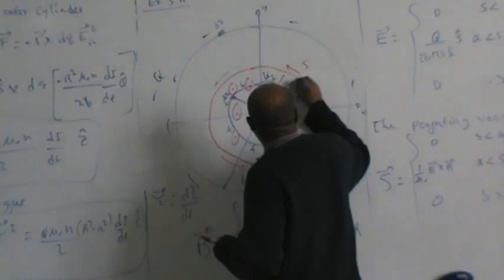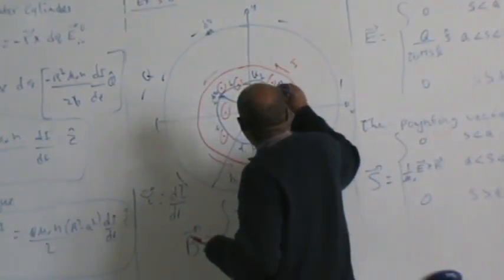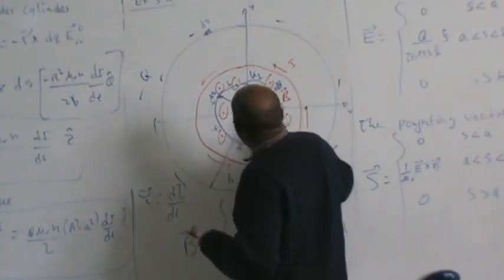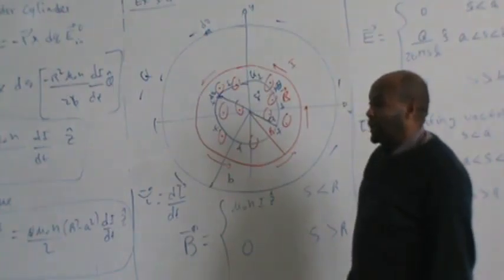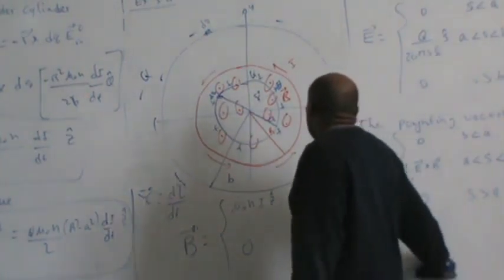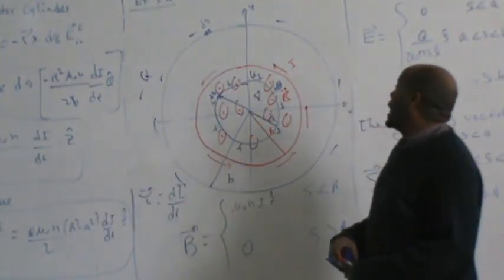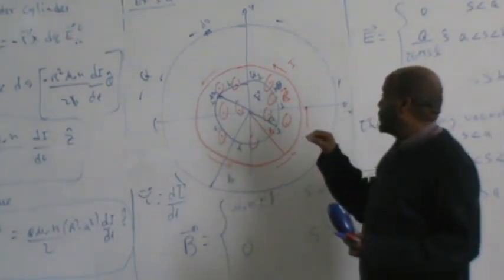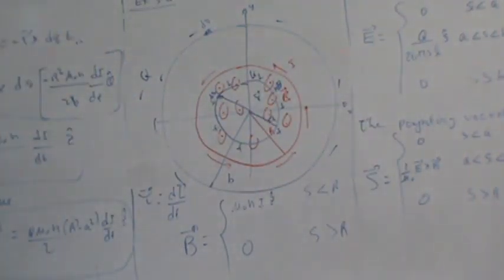If you just consider an infinitesimal volume here at a position described by a vector r, which you can express in terms of the radial component. At that position, if I am interested in finding the infinitesimal angular momentum in the electromagnetic field,